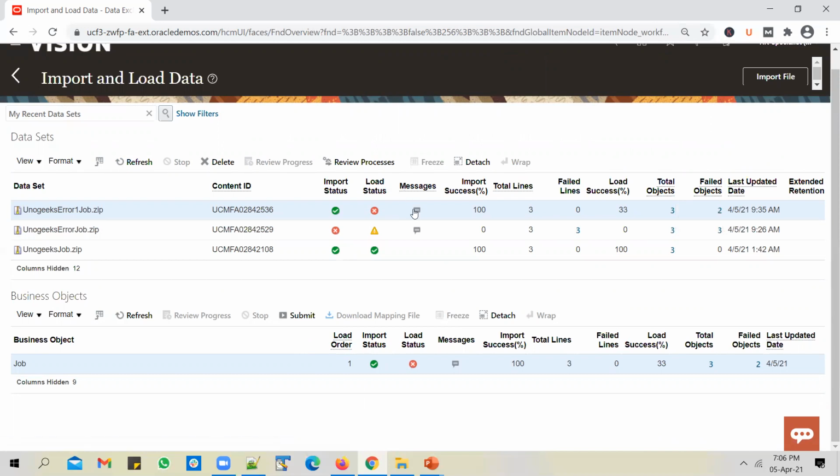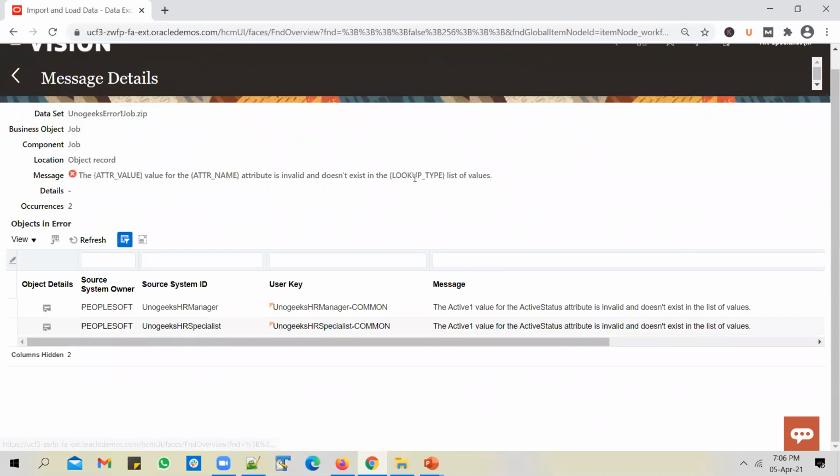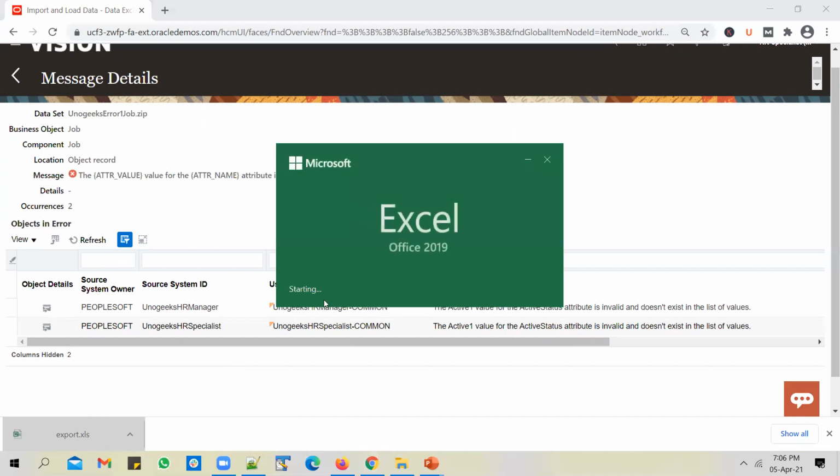You can look at the details now. And you could see that there are only 2 records in error at the moment, and you could export them with the help of this option, export to Excel, and that will export the error records into an Excel sheet. Okay, so this will let you know what are the records that have errored out.